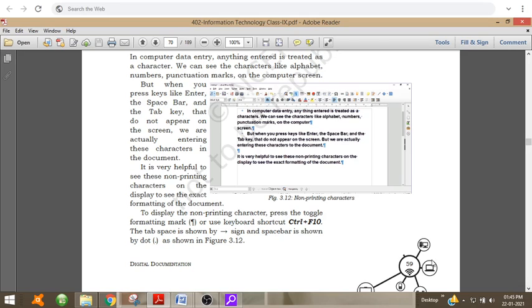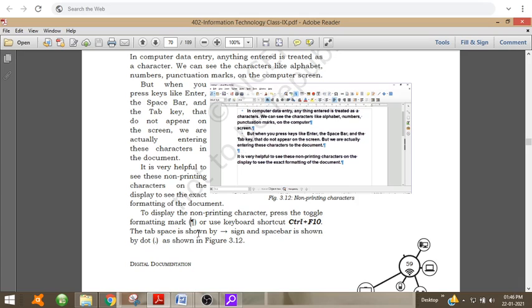To display these non-printing characters, we can press the toggle formatting mark. This mark is called toggle formatting. You can see a blue color mark, or use the keyboard shortcut Ctrl+F10.